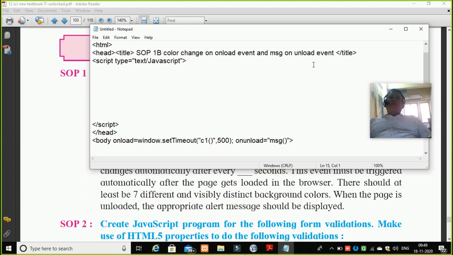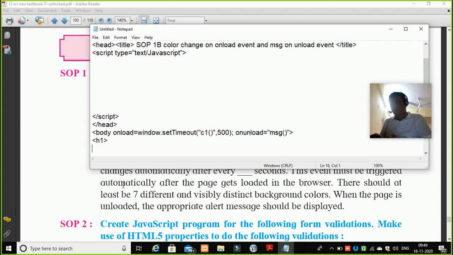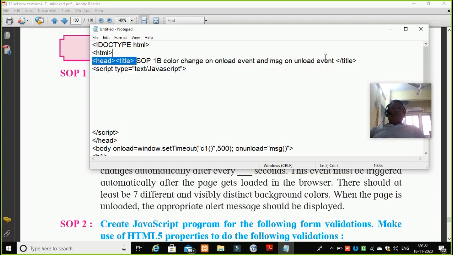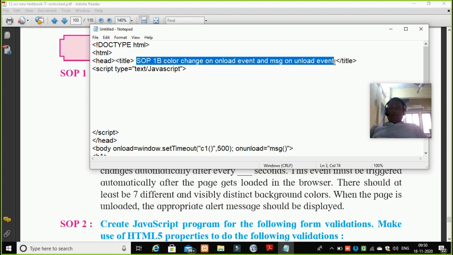And for a heading, I'll write here H1. Now to save my time, I will copy this heading from the title tag and put it over here.